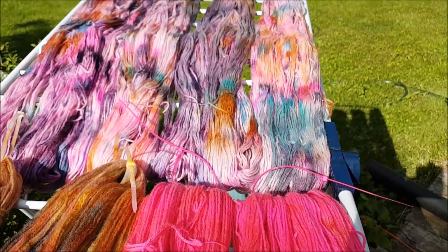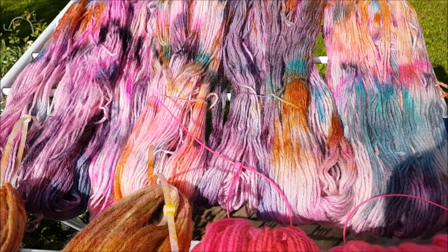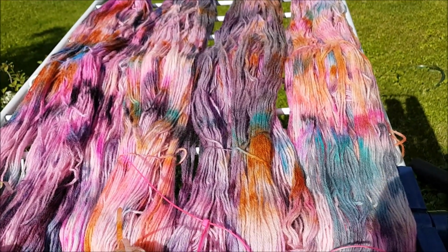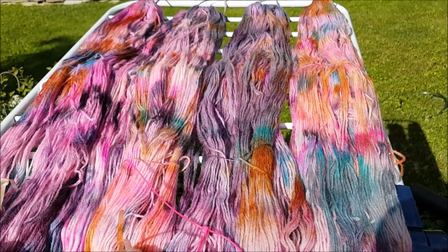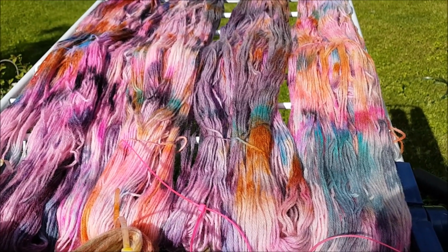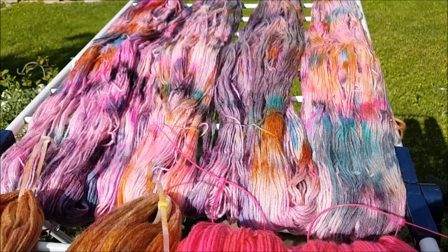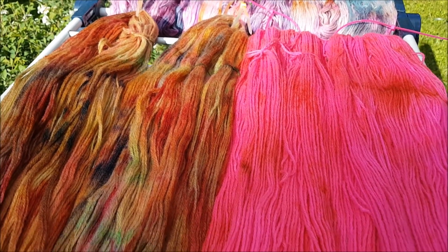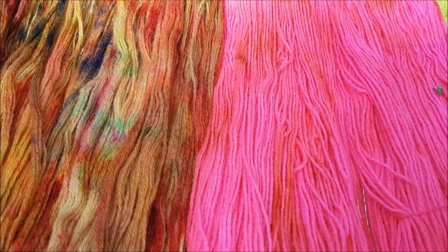And these are the other 4 that were in the same dye bath together. I wanted to do them at the same time, that way they have almost the same tonal. So now I have to wait for them to dry to see the end result, and I will be showing you as well the ones that I dyed before. I already have them in my